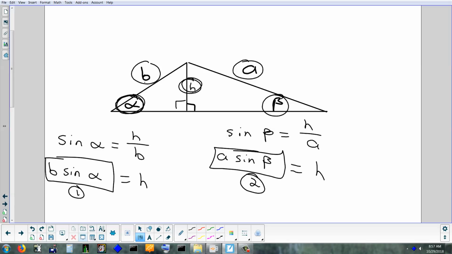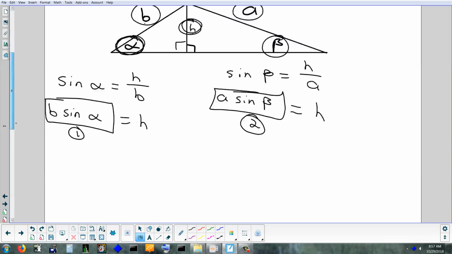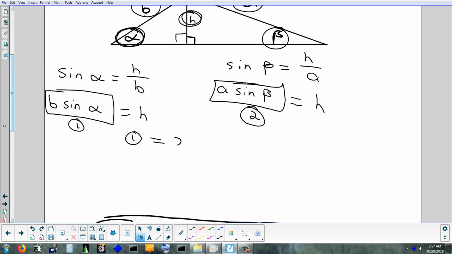Yep. The equations are equal. Can you be more specific? B sine of alpha is equal to a sine of beta. Yeah. Box 1 equals box 2, right? Since they're both equal to h, then they must be equal to each other. So now I can write this. Box 1 equals box 2. So let's write that. B sine alpha has to equal A